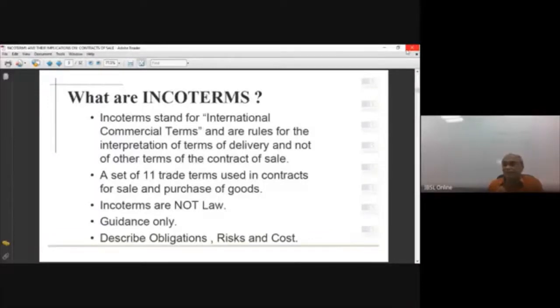A set of 11 trade terms used in contract for sale and purchase of goods. Okay, and Incoterms are not a law. It's only a guidance. It's not a law, right? And it describes obligations, risk and cost. Now,